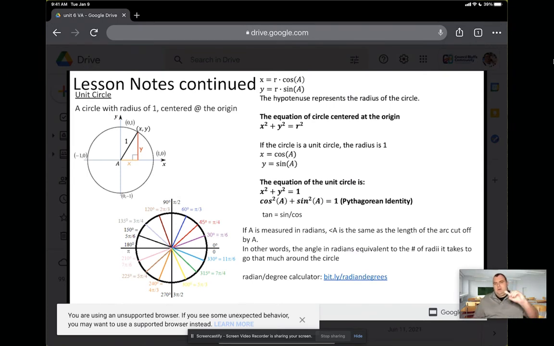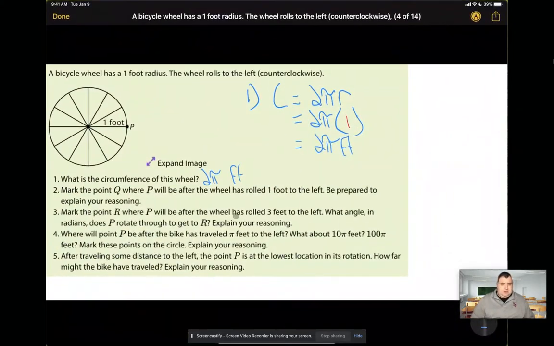If we go all the way around the circle, it would be 2 pi. But if we go around part of the circle, we call that part an arc, okay? So in other words, the angle in radians is equivalent to the number of radii it takes to go that much around the circle. So in this particular case, what they're asking for is if we go 1 foot,